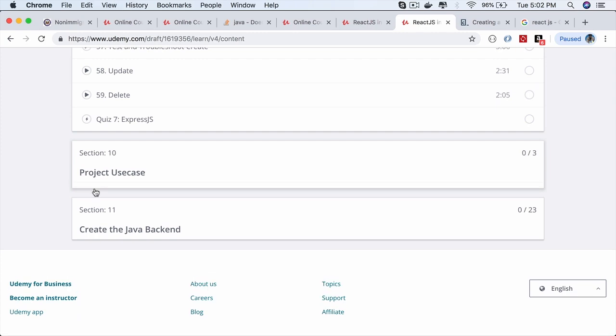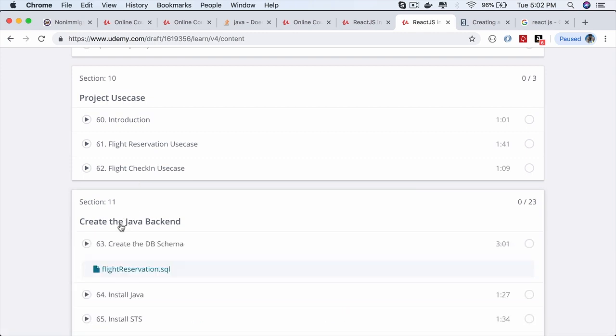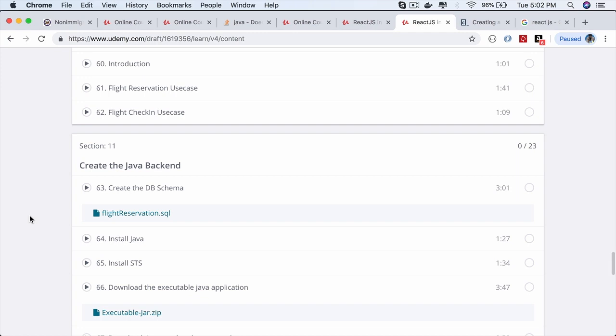Last but not the least, we'll work on a flight reservation and flight check-in use case, where you will develop a Java backend RESTful API, and you will develop a React frontend, two different applications, one for the flight reservation and another one for